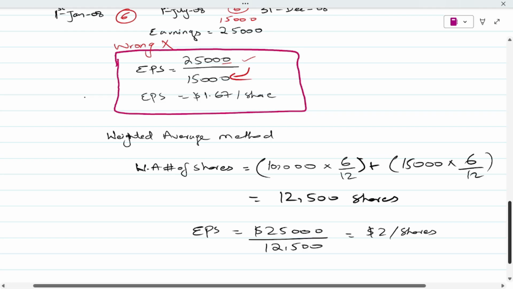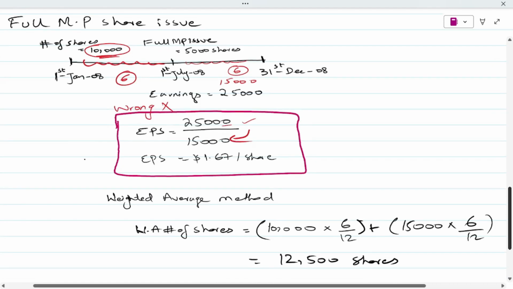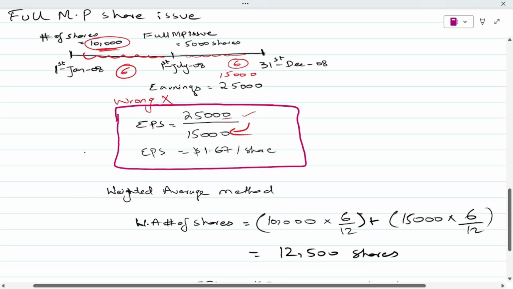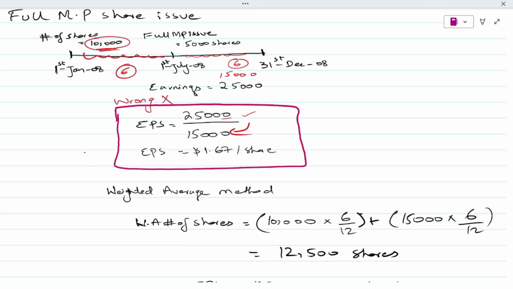Now one thing that we have established from this question is that from now onwards, whenever you have a full market price share issue, you will calculate the EPS with the help of the weighted average method. And the weighted average method works very simply. You just take the number of shares in issue before the full market price shares, which are 10,000 for the first 6 months. You do a bifurcation of those, so 6 over 12, because there are 12 months in a year and those were only for 6 months. So 10,000 into 6 over 12 plus